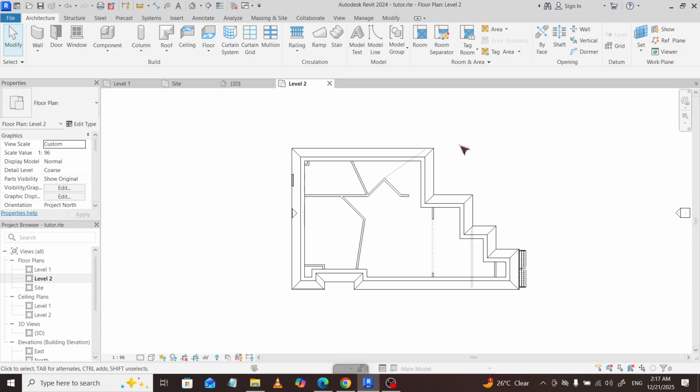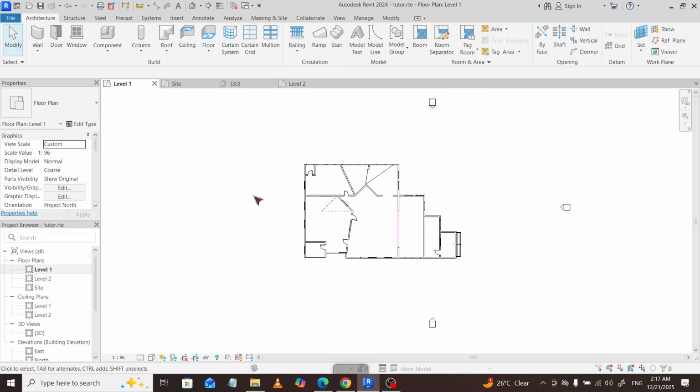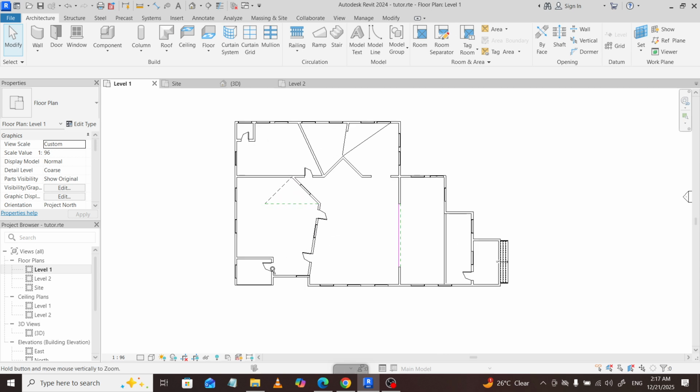Start by opening a view where you can clearly see the geometry you want to align. You can use a plan, an elevation, or a section view. The key is to choose the view that gives you the best visual context. For example, if you're aligning walls, doors, or furniture in a floor layout, a plan view is usually the easiest